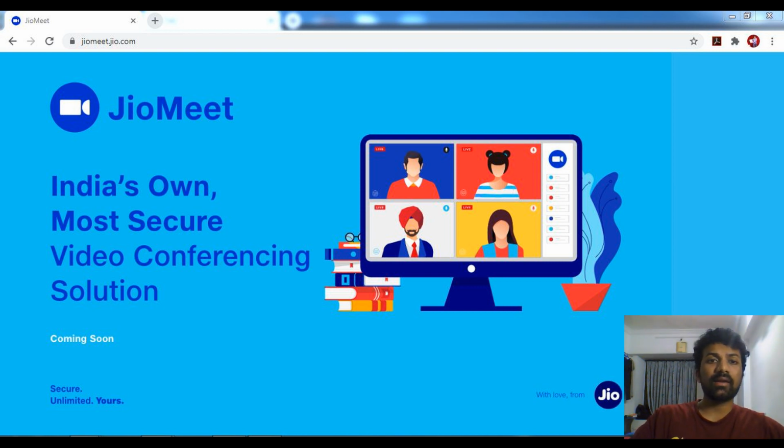Okay, one other thing that I'd like to mention is the Jio app looks entirely the same as the Zoom app. The GUI, the features, the templates, the buttons, the design of the buttons, the positioning, everything is the same as the Zoom app. You can consider this a very big advantage: for people who already know how to use the Zoom app, you just tell them to download the JioMeet app. You don't have to give them further instructions because it's pretty much the same as the Zoom app.